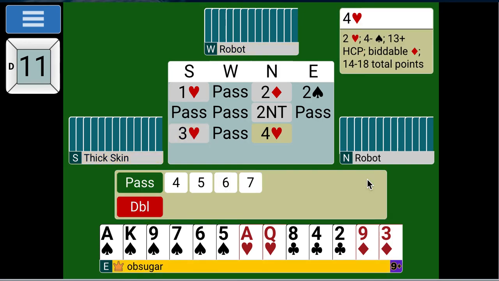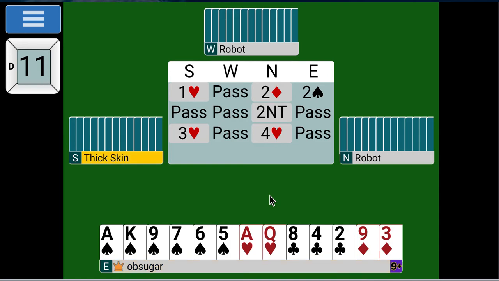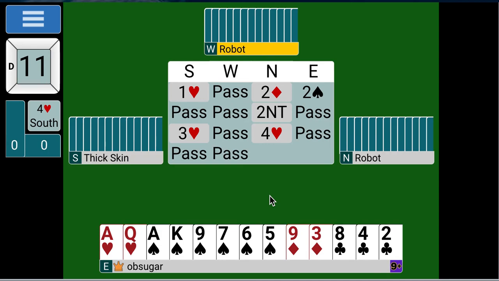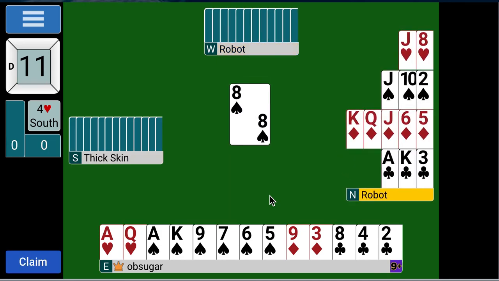And they get to 4 hearts. All right. Got the ace, queen of hearts. And that is not the lead I wanted. Darn it. Oh, yes, it is. That's it. Okay, good. He leads my suit. Good man. So they get to 4 hearts, and North has